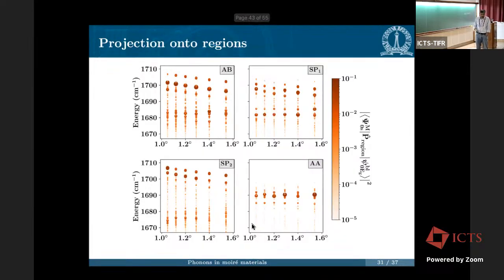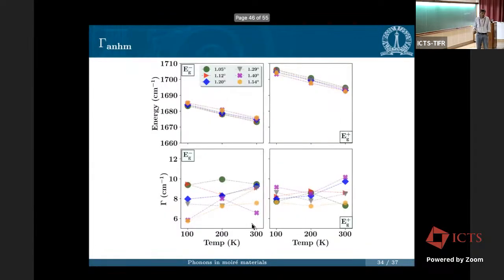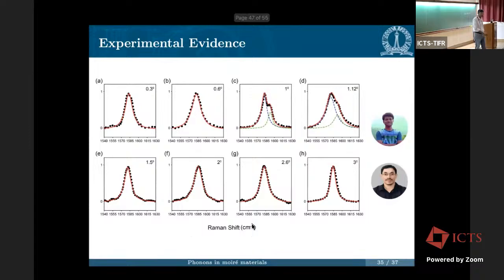But the other thing is that the real line widths were much larger. So you have to now, this was just the electron phonon part. What about the phonon part? So for that, what we did is